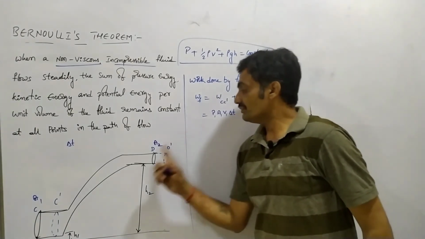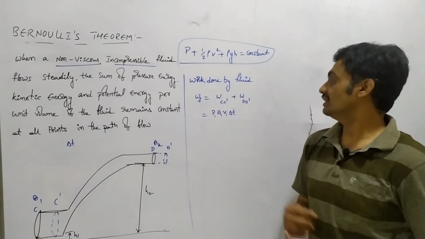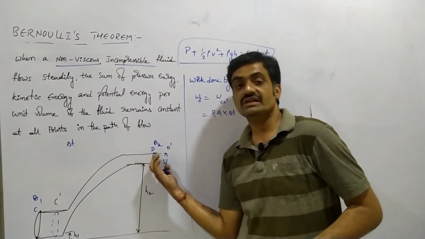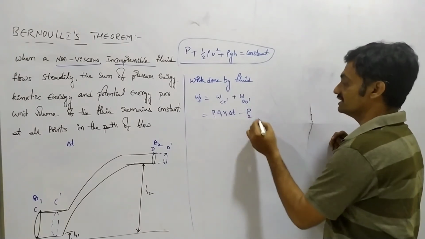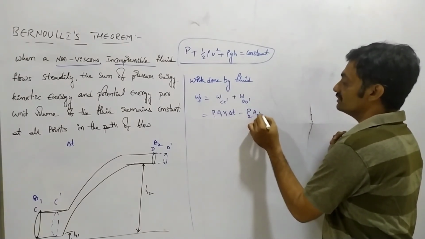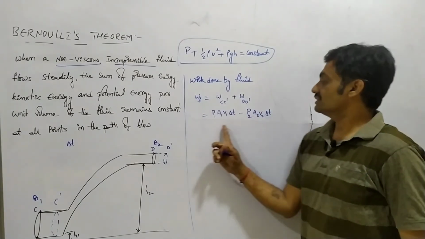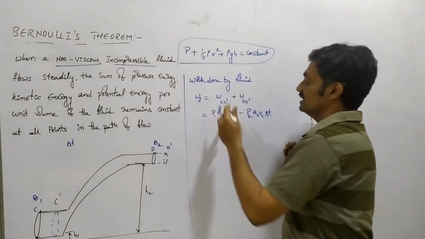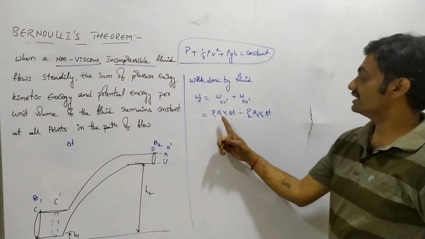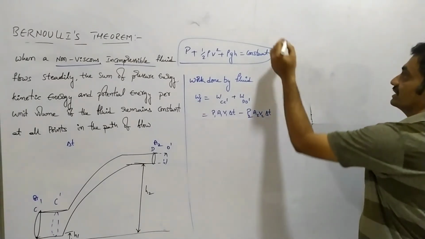The amount of fluid entering the area of cross section is represented as positive. The amount of fluid leaving the area of cross section is represented with a negative sign. So here we can represent it as P2 A2 V2 delta T. As you observe this expression, we consider the equation of continuity, where we know that A1 V1 is equal to A2 V2.